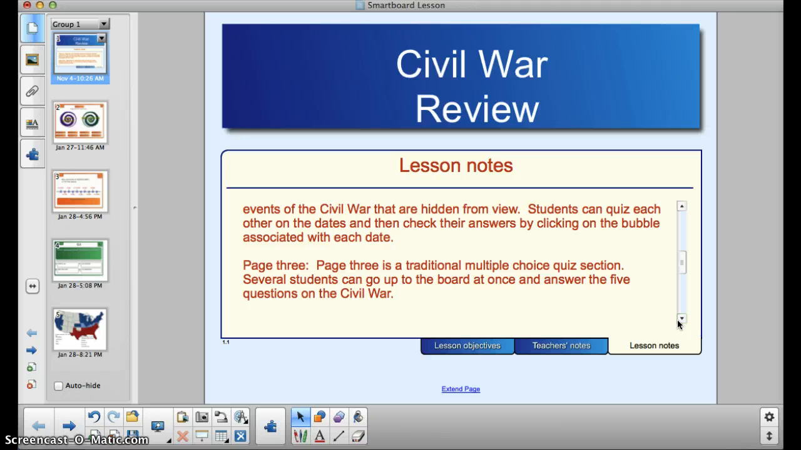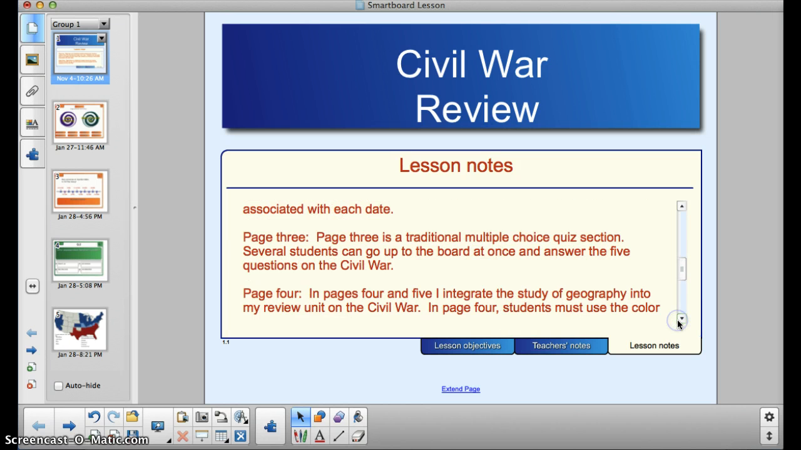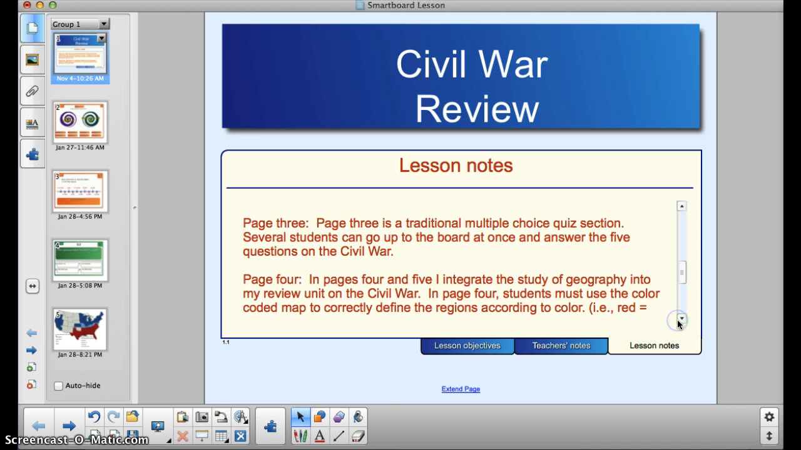If students are correct in their guessing, the little next button will appear, and they can go through that. And just click next, and the next question will appear. In pages 4 and 5, the final pages, I really focus on integrating